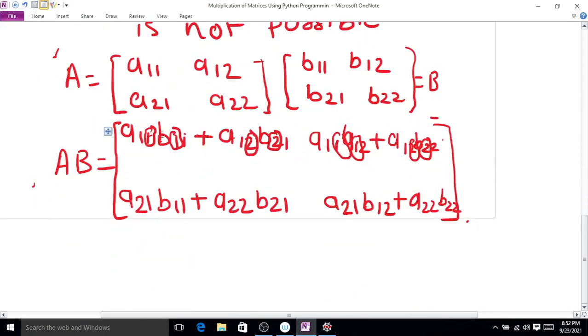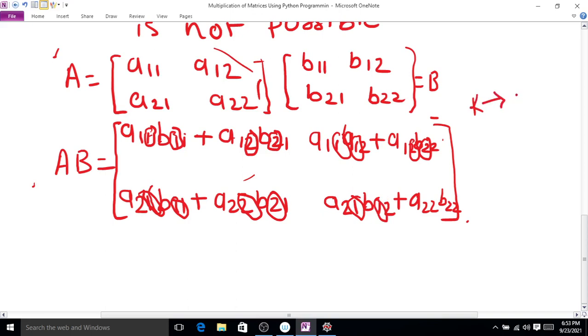You can observe now here A. You can see here this one and this one are equal. For this we take a variable k from 1, and this k variable varies up to the number of rows of the second matrix.